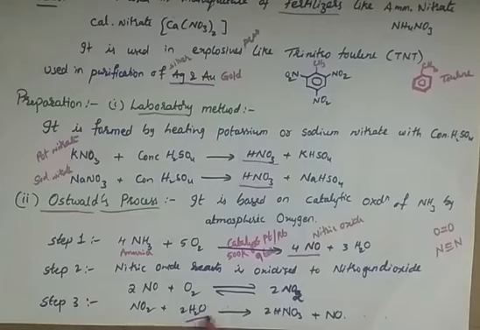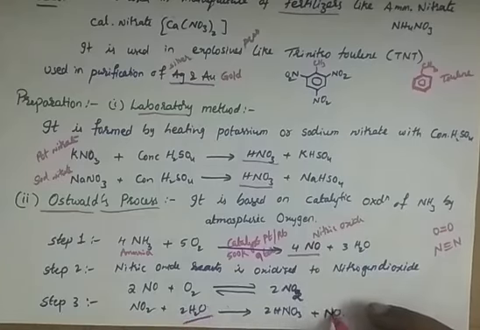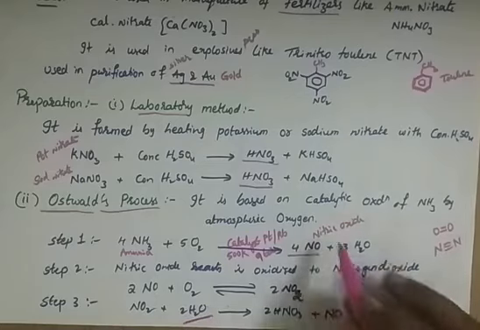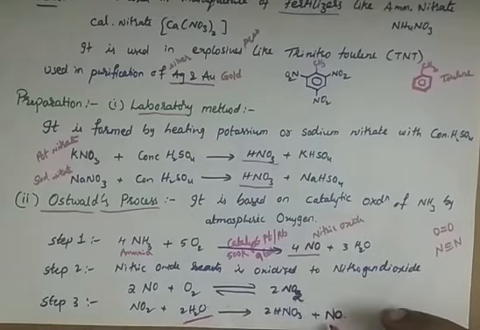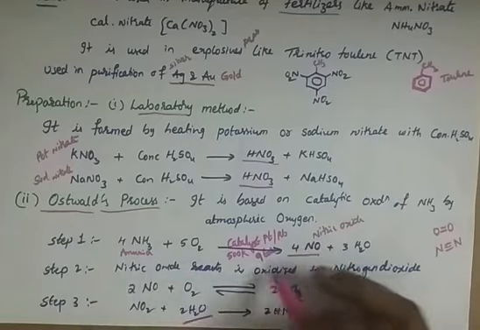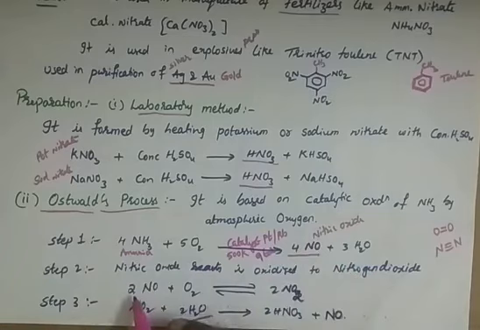As here NO is produced again. Look at this, NO is again nitric oxide or nitrogen monoxide, which is the product of the first step. That means this NO can be recycled to the second step directly. We need not go for the first step again. Whatever amount of NO is produced, it is directly taken into the second step and reacts again with oxygen. The reaction continues, which means wastage is less.